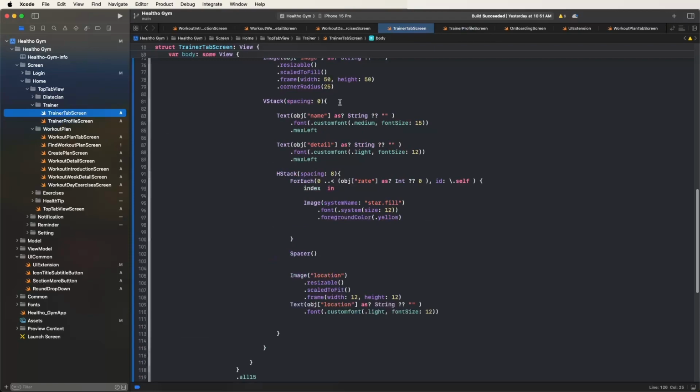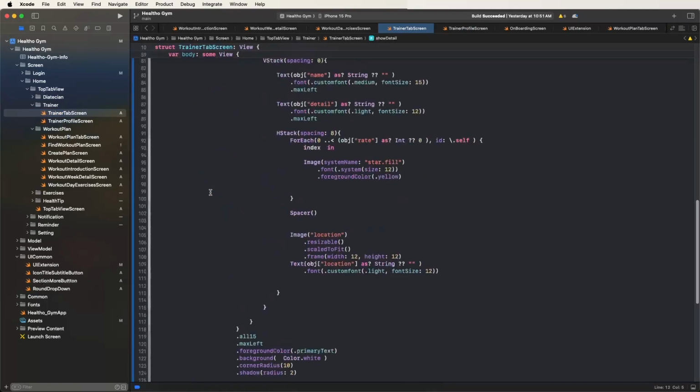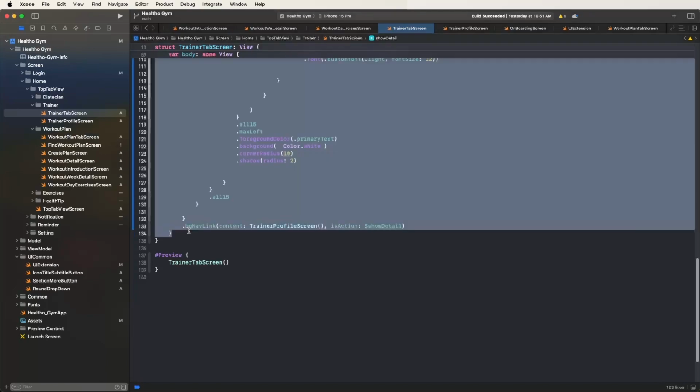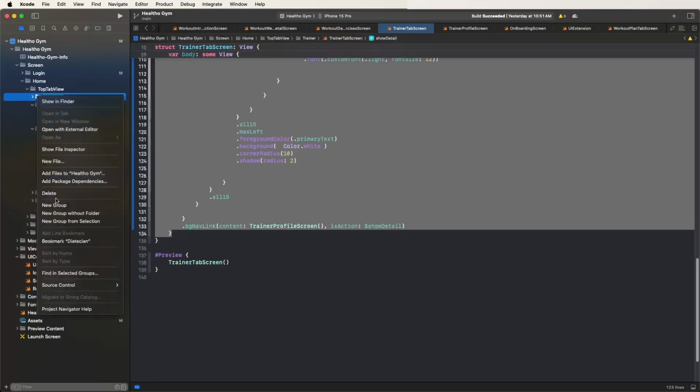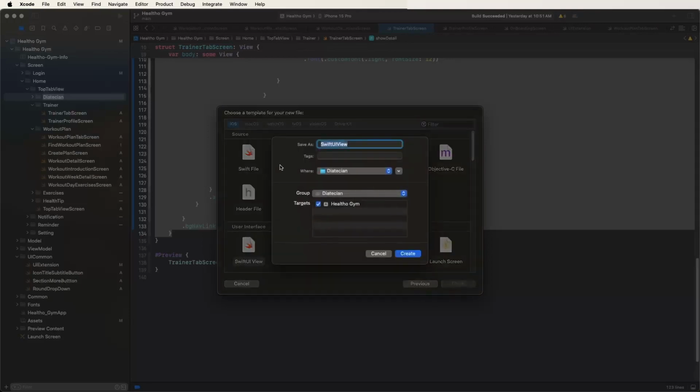Now need to copy this trainer tab screen same as. Now need to copy, and we need to paste this data, and now need to go inside the dieticians. First of all need to create the dieticians tab screen, create new file, and select SwiftUI View, and create the new one, next, and give this the name dietitians